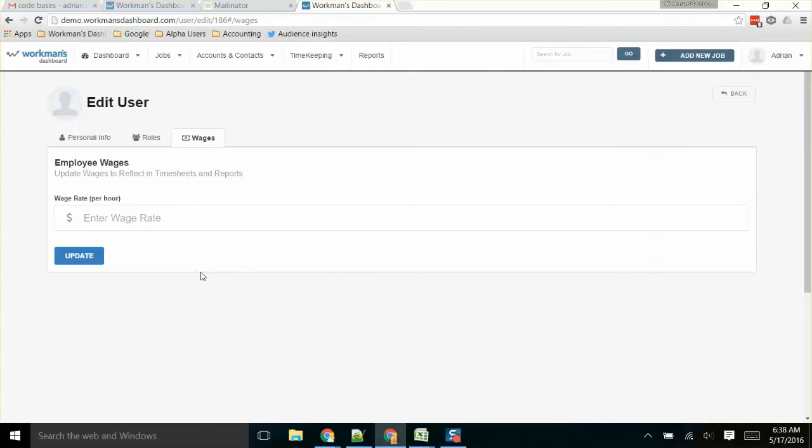including their phone numbers. If you're using Workman's Dashboard to produce reports to either run payroll or do job costing on the jobs that you've performed, you'll also want to enter an employee's wage rate for any hourly employees that should be job costed to a job. We'll go over the reports that you can use to assist in your payroll in another